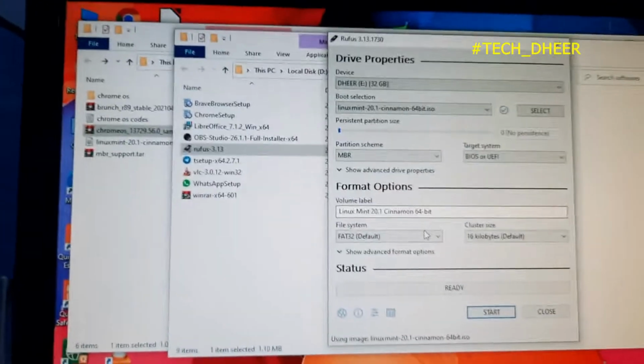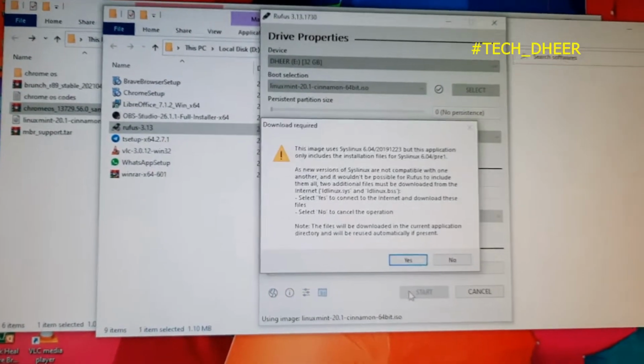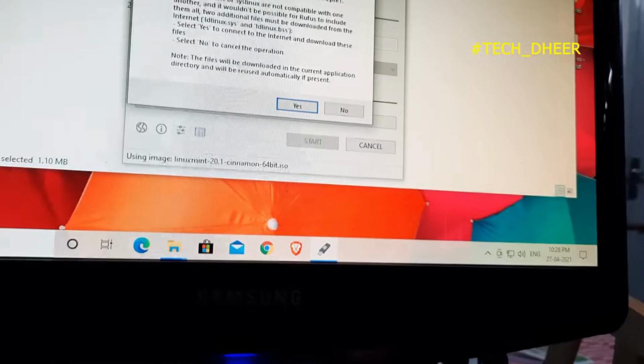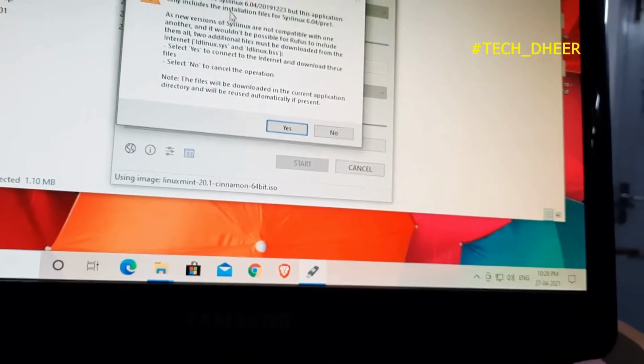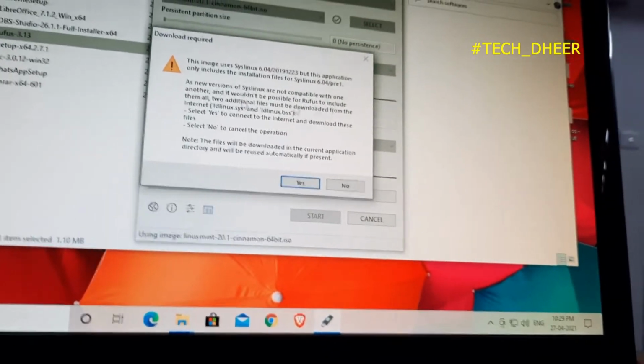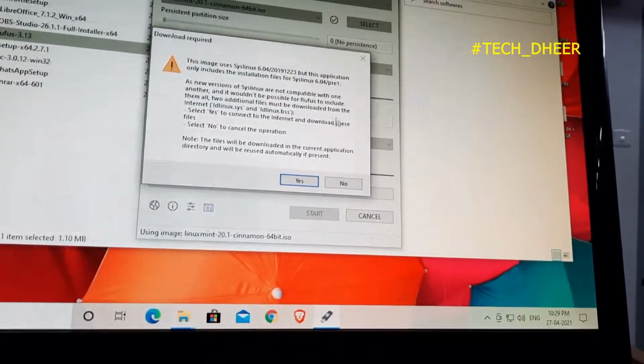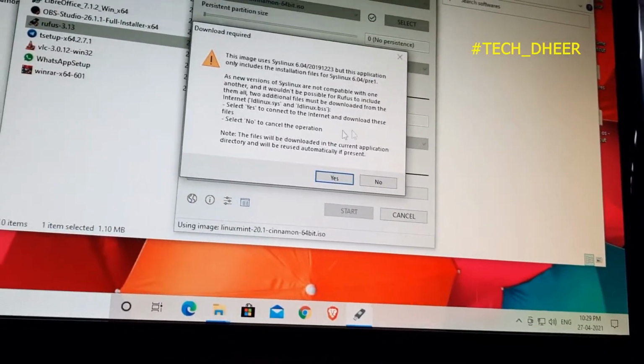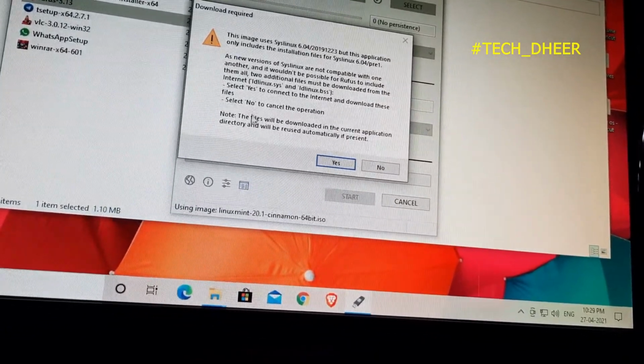I'll just start, and it is saying this image uses a newer version, and this application includes the installation for this new version, which can be downloaded from the internet. Yes to download, no to cancel the operation.